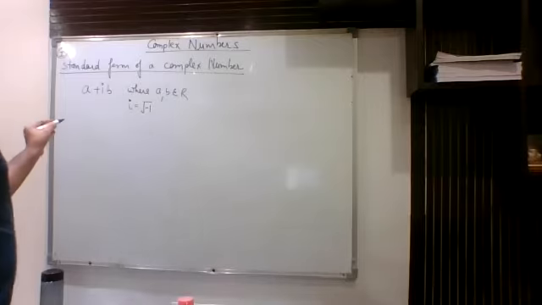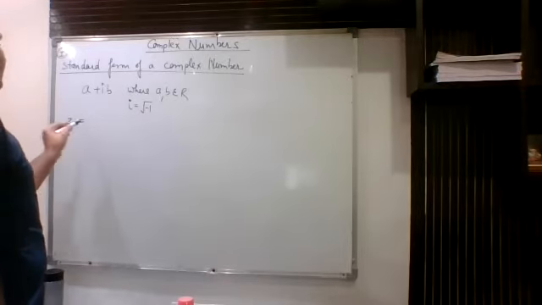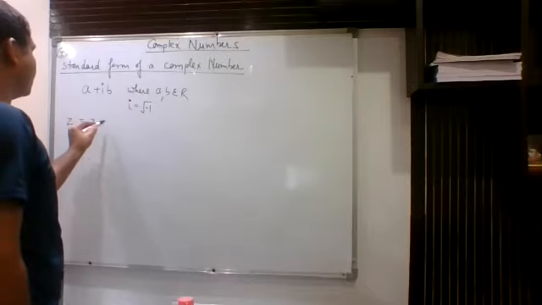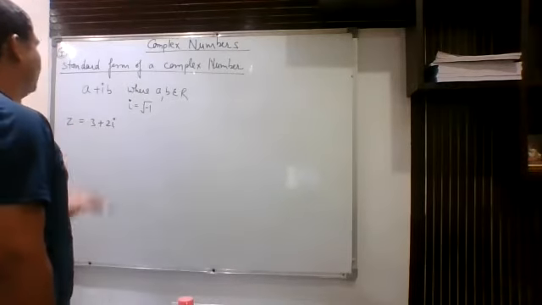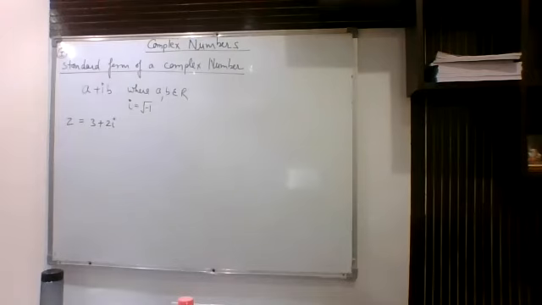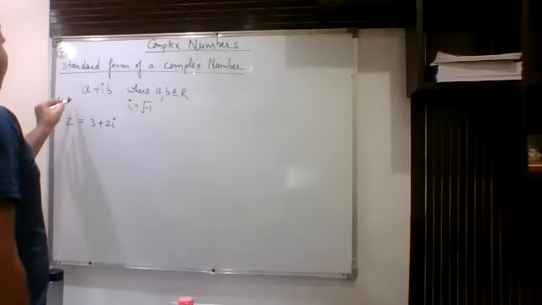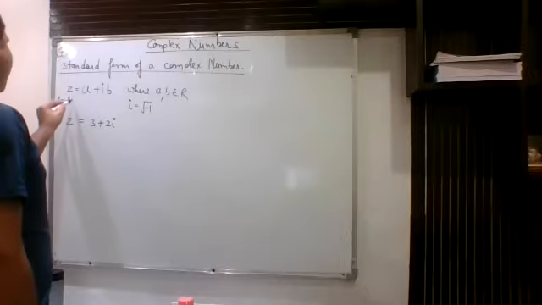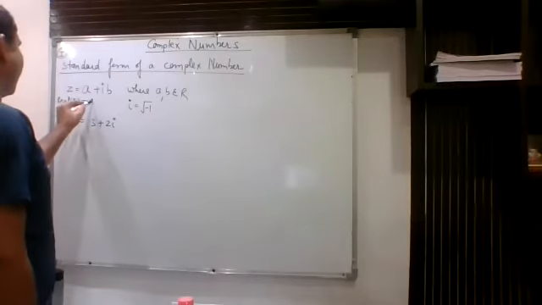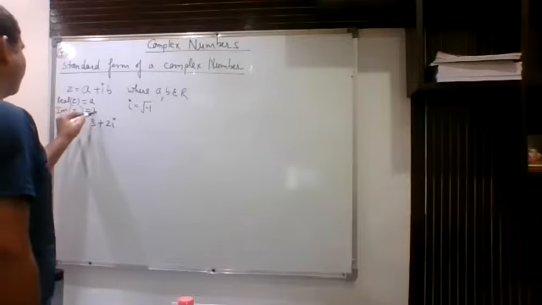This is how we can write a complex number. Generally, we denote them by z. So z is equal to, suppose, 3 plus 2 iota. Whenever we have a complex number, we can write its real and imaginary parts. Here, the real part of z is simply written as a, and the imaginary part of z will be written as b.